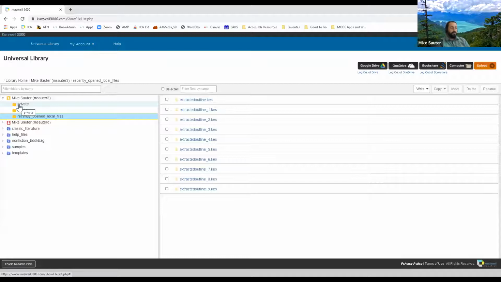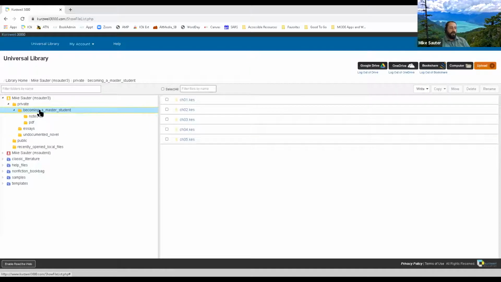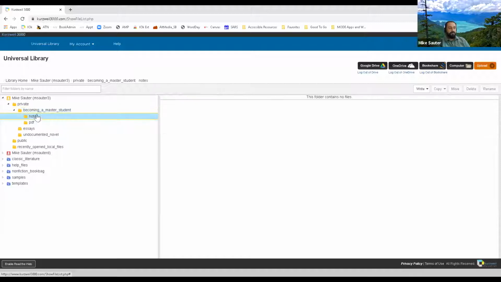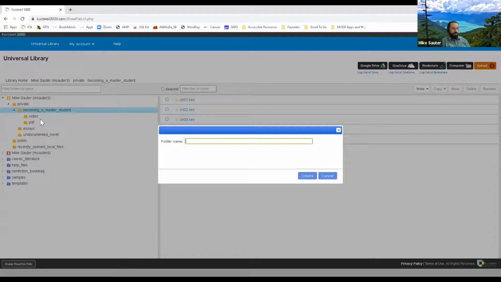So the first thing I want to show you is I can go into my private folder and into the book that I had pulled these outlines from, and you can create folders within that folder. You can see I've already created a folder called Notes and a folder called PDFs. And how I did that was by simply right-clicking on that folder, which brings up a list where I can add a new folder. So for this new folder, I am going to call it